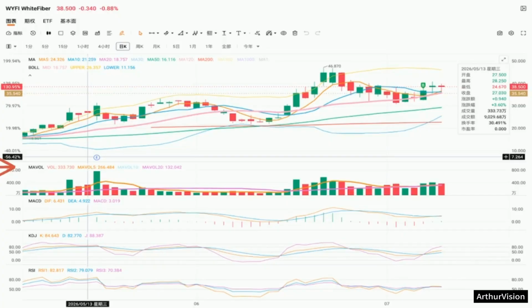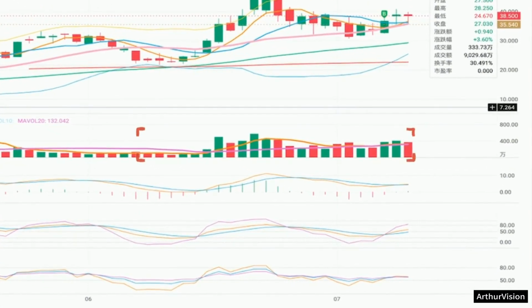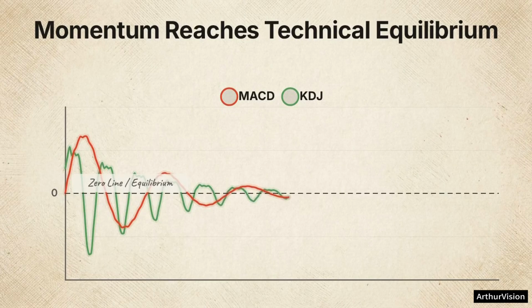Look at the volume indicator at the bottom. As the price action moves sideways, the daily volume bars steadily contract. This indicates a healthy washout of weak hands, rather than panic distribution by major holders. The secondary indicators back this up. The MACD and KDJ have flatlined near the midpoint, resting as they wait for fresh capital to serve as a